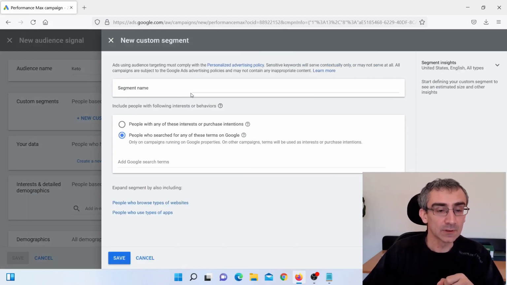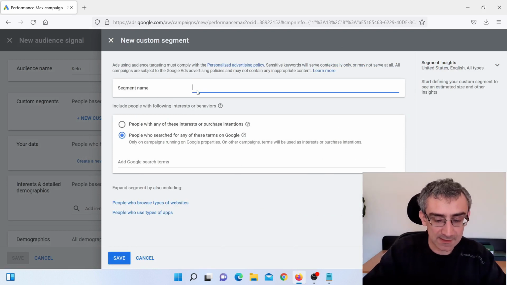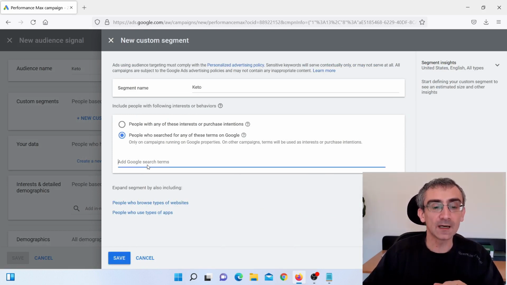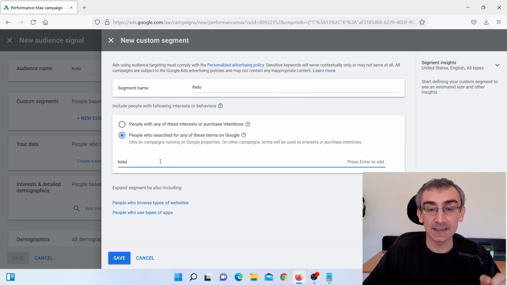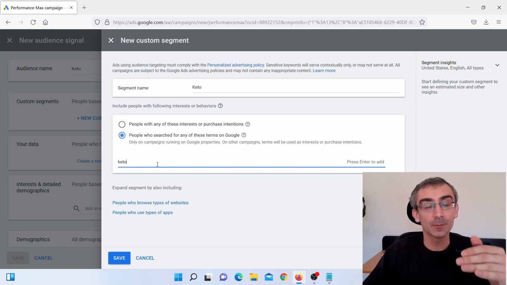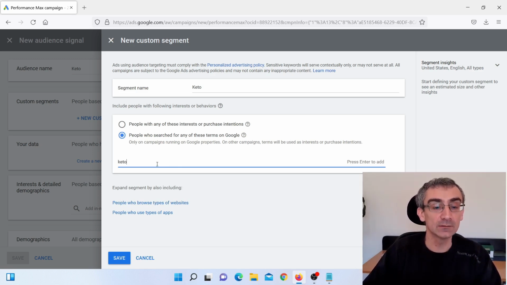And here you need to give a segment name. Let's just say again keto, okay? And here you can find those keto related keywords, okay? For some reason it doesn't work right now. I don't know why, but usually it opens a drop down menu and you can see different related keywords like keto, keto diet, weight loss and stuff like that. And all you have to do after you add all of those keywords, and like I said, you will add more keywords here,